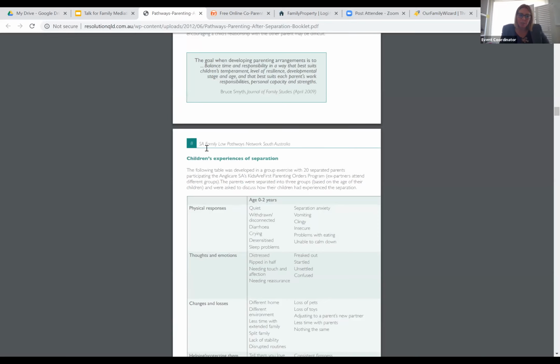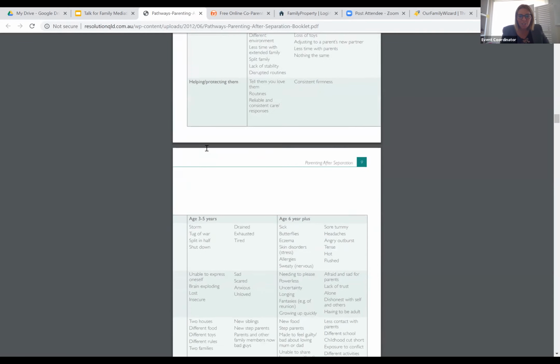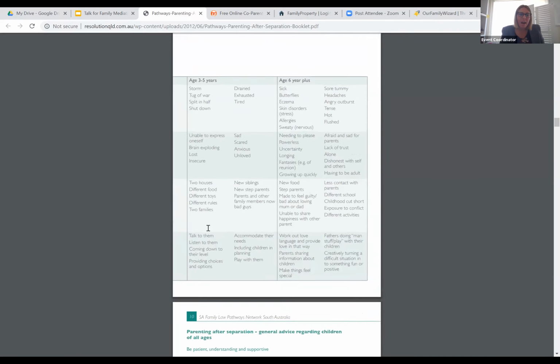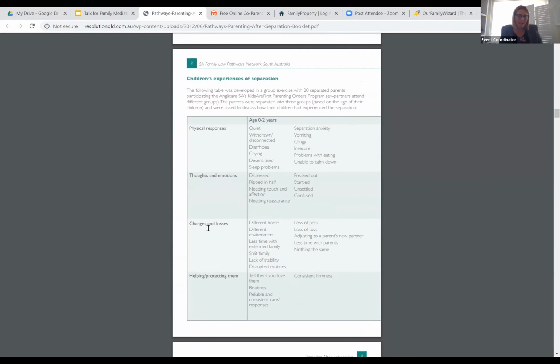It's very different being a separated parent of children who perhaps fall into the 0 to 2-year-old age gap versus the 3 to 5 versus the 6 plus. There's different emotions attached. Sometimes with attachment theory, there's different attachments to one particular parent depending on what the circumstances have been during the relationship.